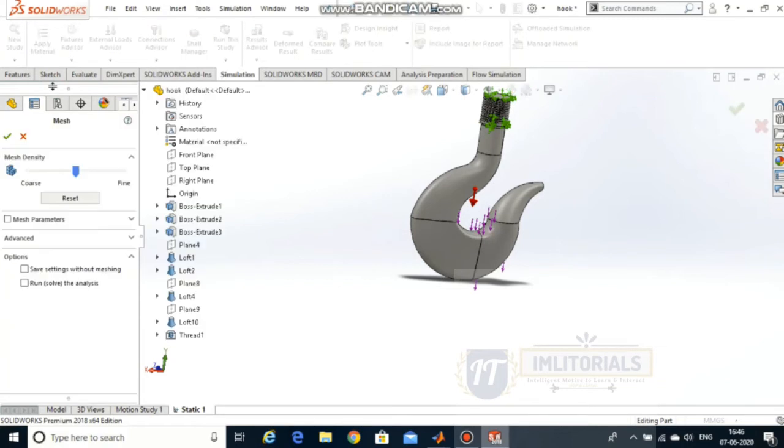We will not just simply create the mesh, but we will select a very specific type of mesh, that is the curvature-based mesh, which is preferred for surfaces having curved areas.